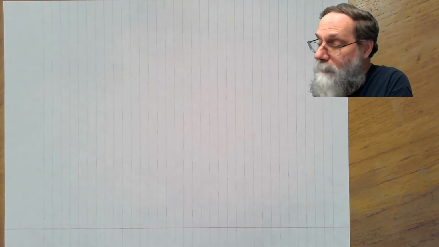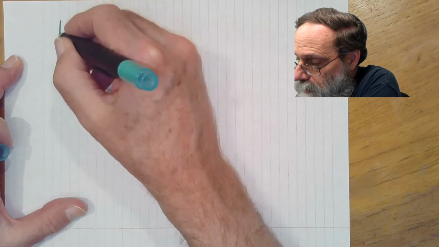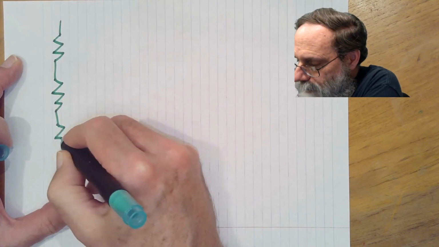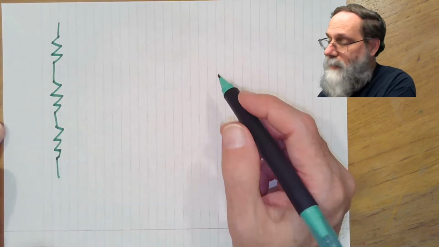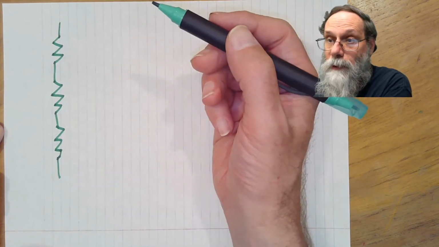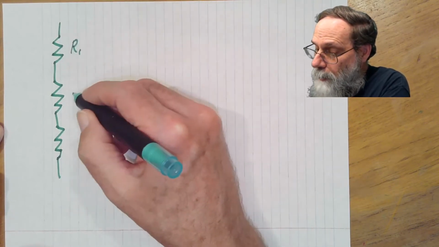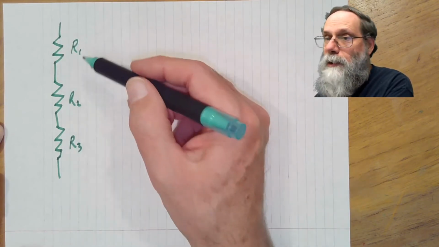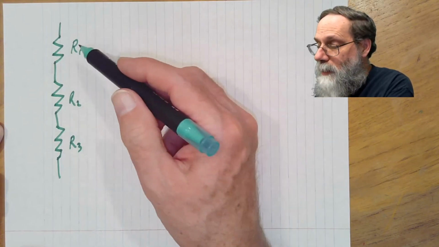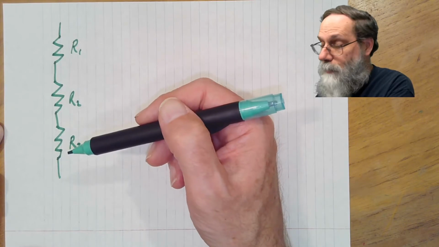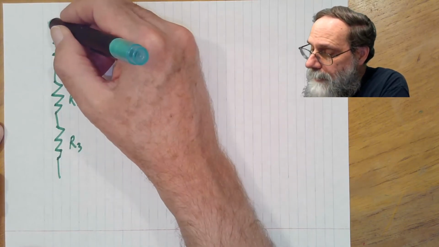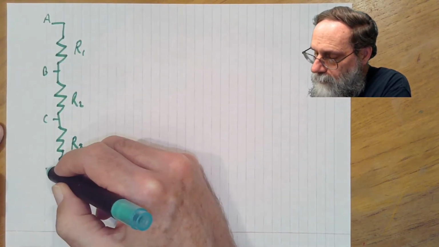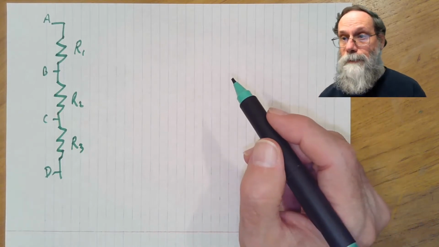The perhaps simplest one is series connection, where each resistor is connected sort of head to tail with the previous one. Incidentally, this zigzag symbol here is the symbol for a resistor. So here we've got three resistors. Let's call them R1, R2, and R3. We'll also use the symbols R1, R2, and R3 for the values of the resistance, so how many ohms they are. Let's give some names to the nodes. Okay, so we've named the nodes A, B, C, and D.